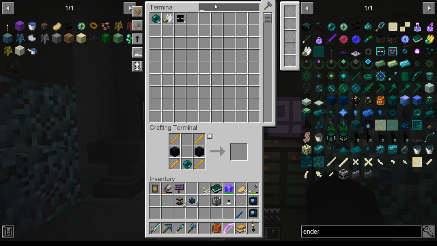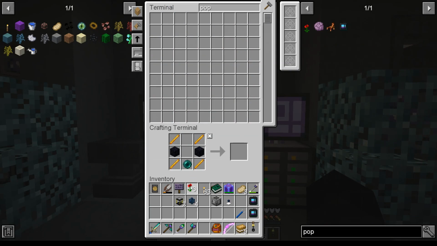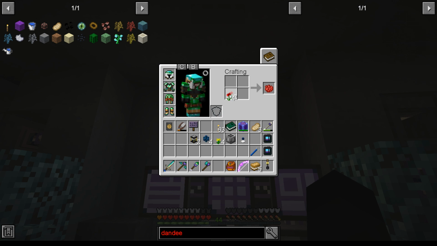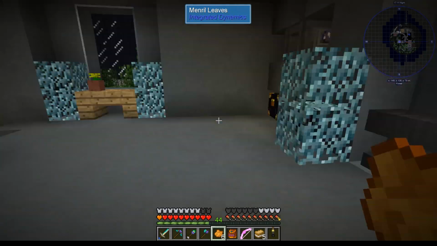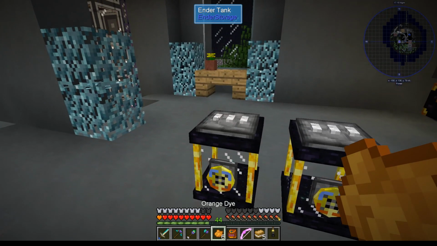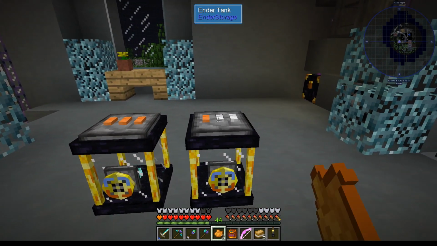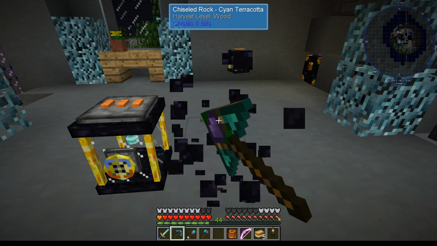So we're going to take a couple of those, and then I need some yellow or poppy. I've got some poppies, and I need some dandelions. And we are going to need 1, 2, 3 of those, and 3 of those. That will make me a whole bunch of yellow, orange dye, and we can link that and that together. That can go like that. We'll pick you up like a suit,